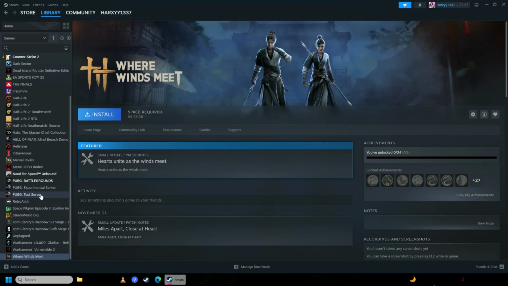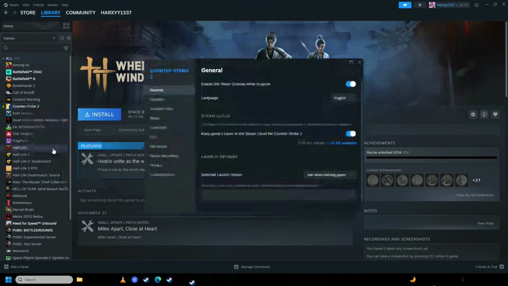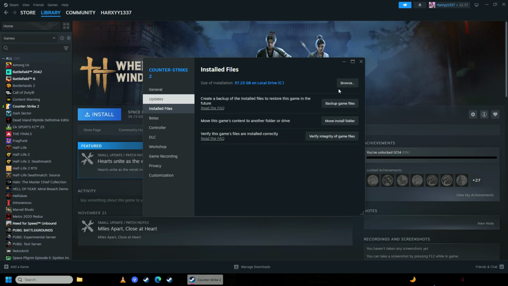And now you're going to go into your Waves Meet Games folder. So I'm going to use Counter-Strike 2 as an example. Going to install files, click browse,